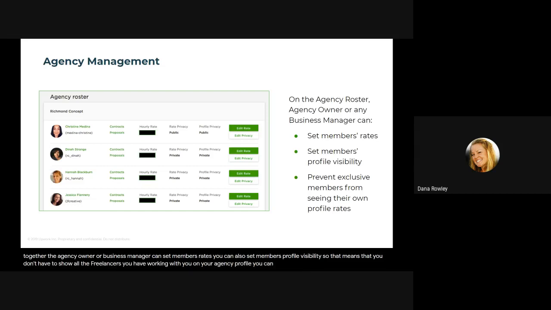You can choose to just show a select set. And you can also prevent exclusive members from seeing their own profile rates. So exclusive means a freelancer that works solely for your agency on Upwork doesn't necessarily have to see how you've listed their rate on their profile.